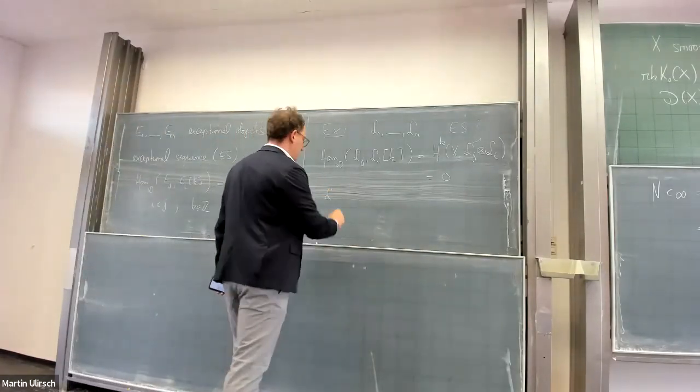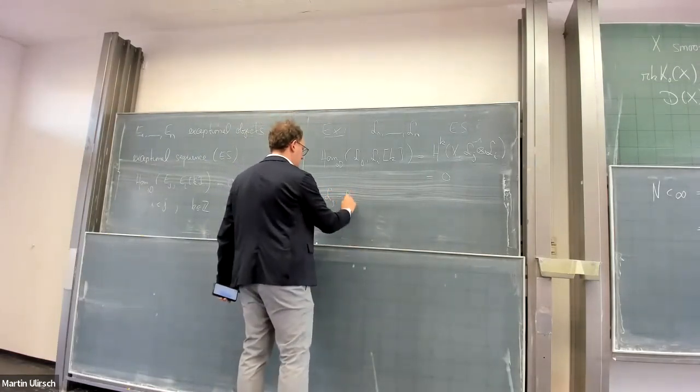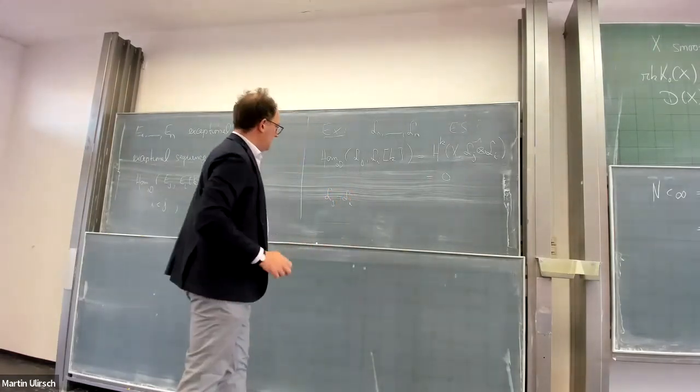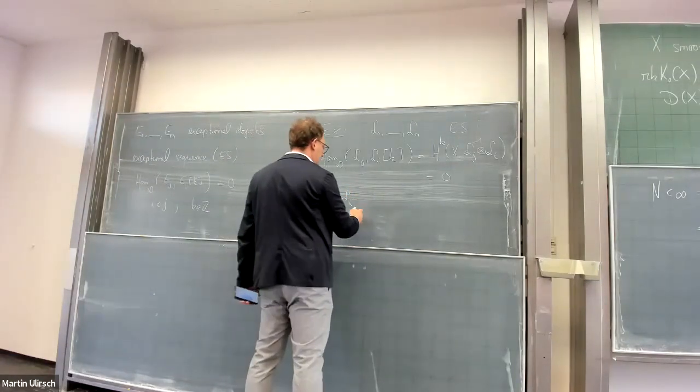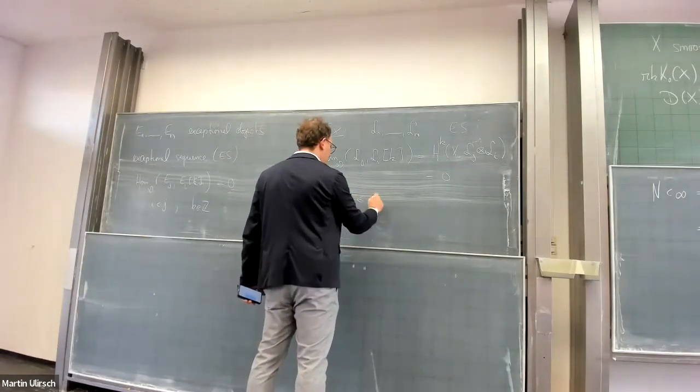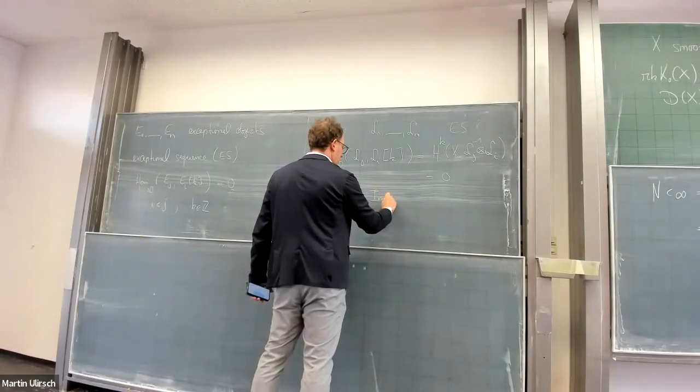Basically, if I switch now to additive notation, then the difference of these two line bundles in the Picard group belongs to what we call